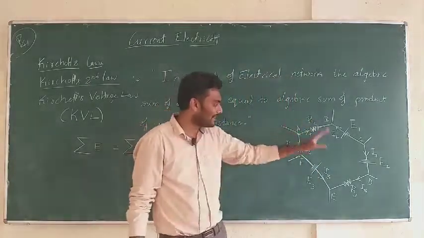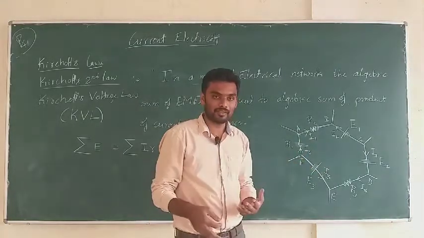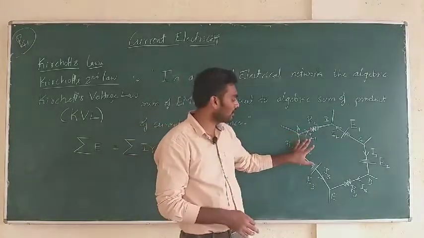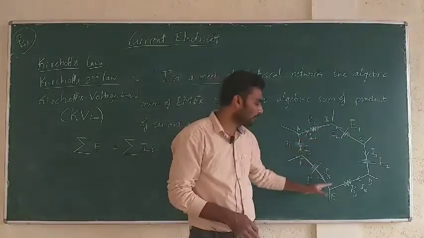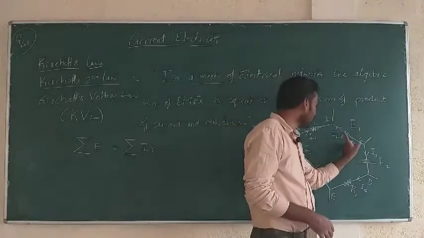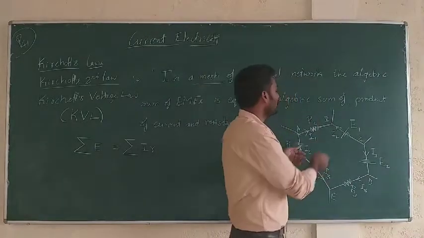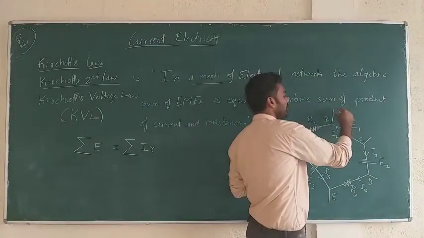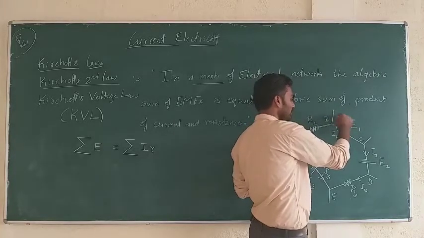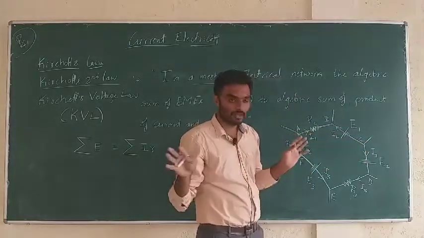See, all these currents that I have considered here are all my considerations. When it comes to actual numerical problems, the problems themselves will give you the direction of current and the amount of current. Okay, you don't need to bother about it. It is not that this is the positive of the battery and hence I took this as the direction of the current. Yeah, that is fine as far as this part is considered. But if you have a battery with larger EMF connected here with positive terminal to this side, this current can be in the opposite direction. Okay, so you have multiple possibilities.